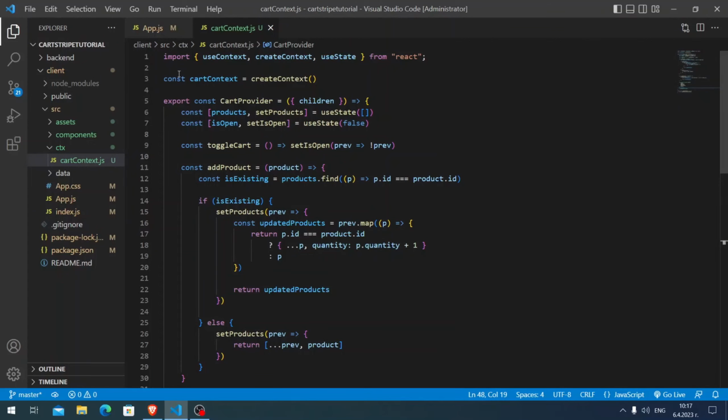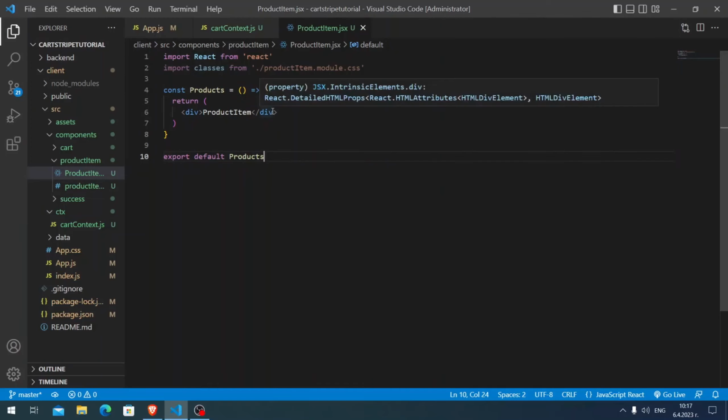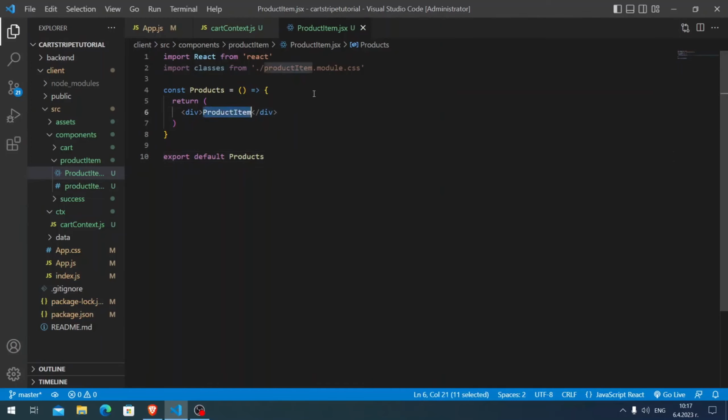So let me start here with the cart. Or actually let me go here to the product item. This will be the first thing that we're going to write here. So with the product item, instead of product item, I'm going to rename it as products. It's going to be more accurate. It's a wrapper for the product item. So here just name it as product. If not, just leave it. It's not a big deal naming right now. So here we're going to have a